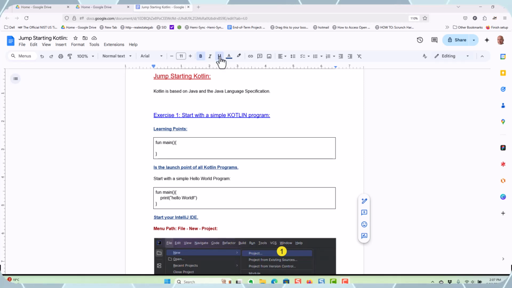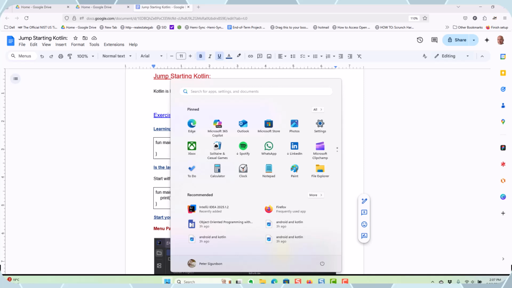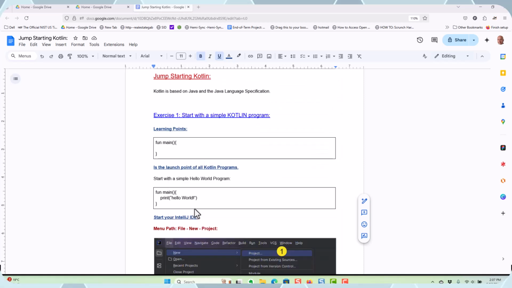All right, guys, let's see how to write the simplest Kotlin program using IntelliJ. Now, Kotlin is basically Java, right? It's Java with some extensions to make it type safe. So if you know Java, you're already most of the way there. So go ahead and start your IntelliJ IDE,